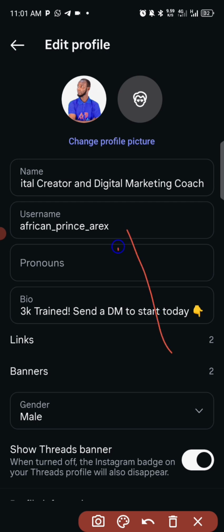This second one is what? Your username. You know your username, right? Any username that you are using on Instagram, that is what you should put here. A lot of people make the mistake of putting their brand name here because they think, okay, if I want to give somebody my username on Instagram, let me just give them my brand name. Yeah, you can put your brand name here, but majorly when somebody is on Instagram and they are looking for